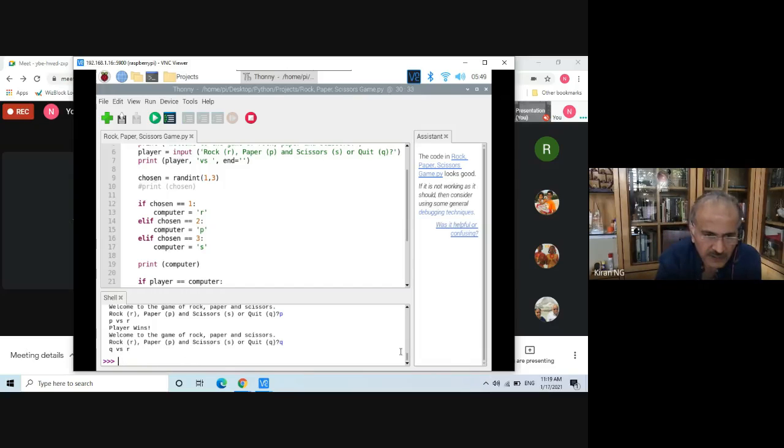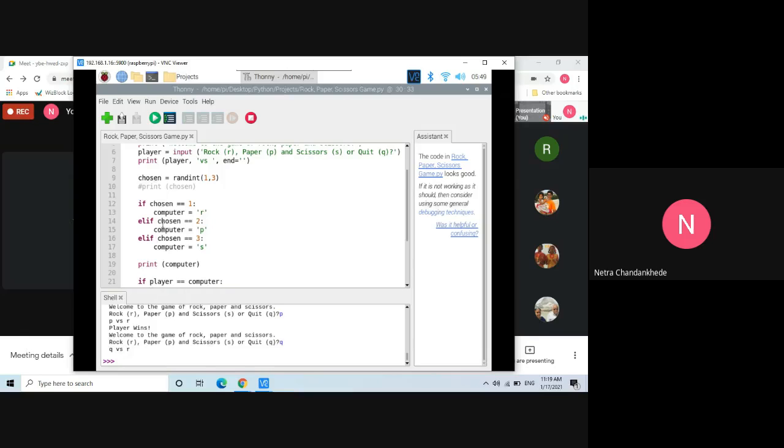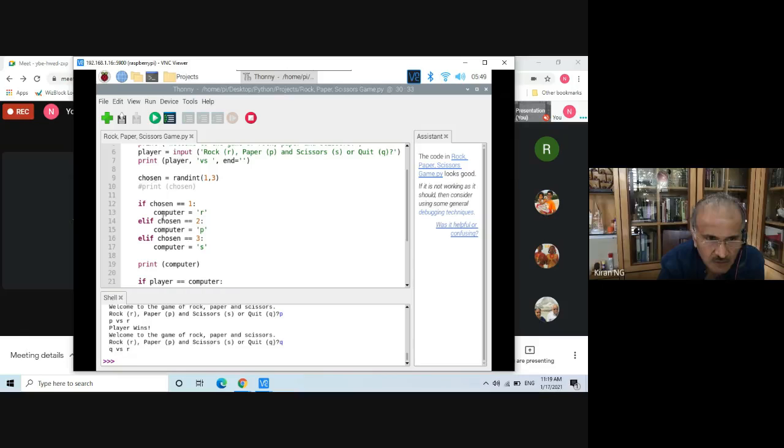Yeah. Now, Netra, you only have to answer. Why is Q versus R coming? We don't want that to come. So then I guess we can add another if statement. If the input is Q, then another print statement can come. No, R, you need not print when it is Q, right?